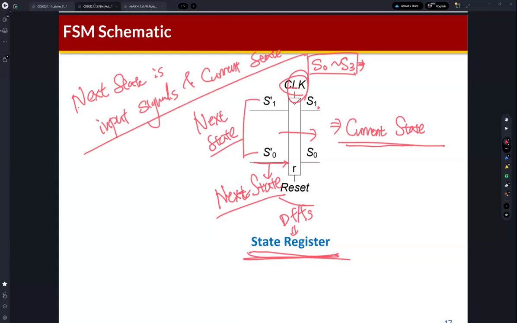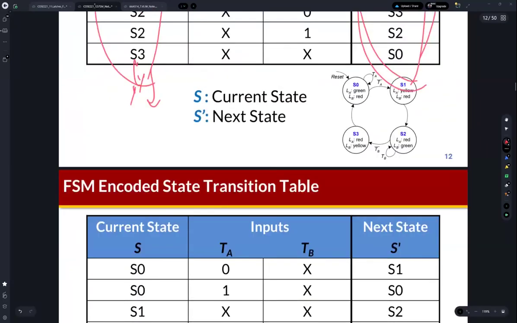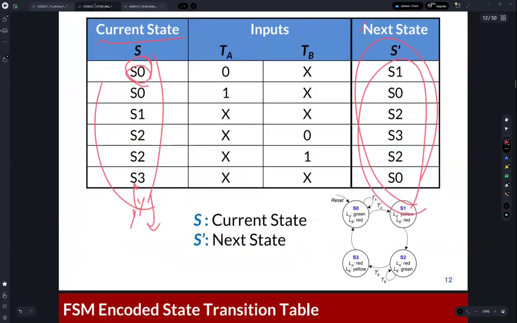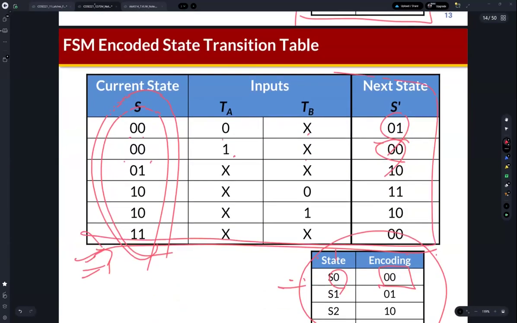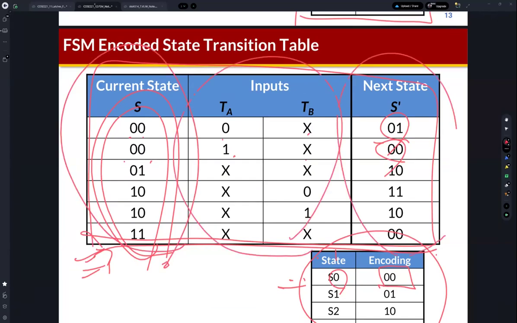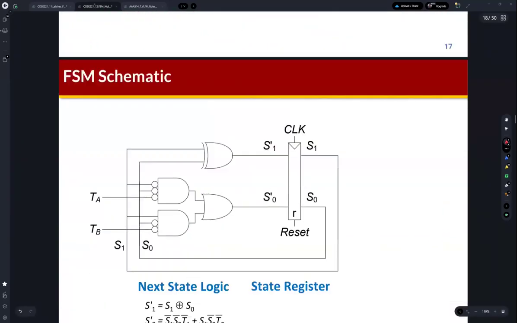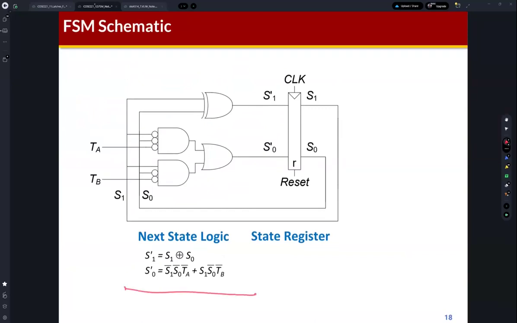So this is the next state logic. Next state logic is the current state and input. Okay, so that's what we already generated. We already generated this table, the state transition table. So the current state and the input, and we can define next state. So based on this state transition table, then we can